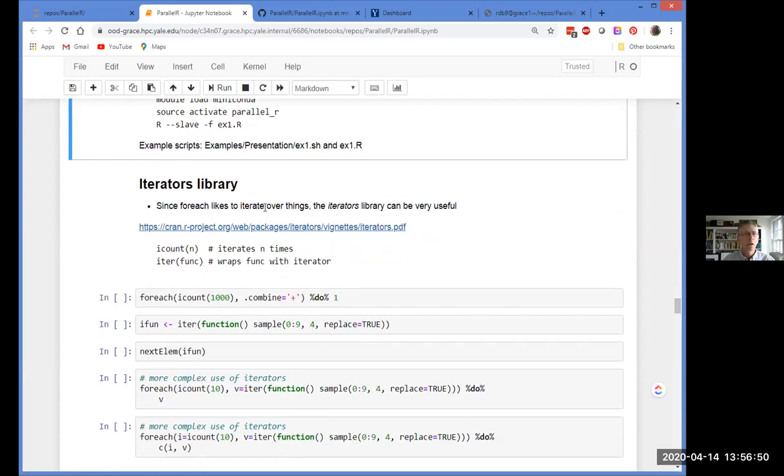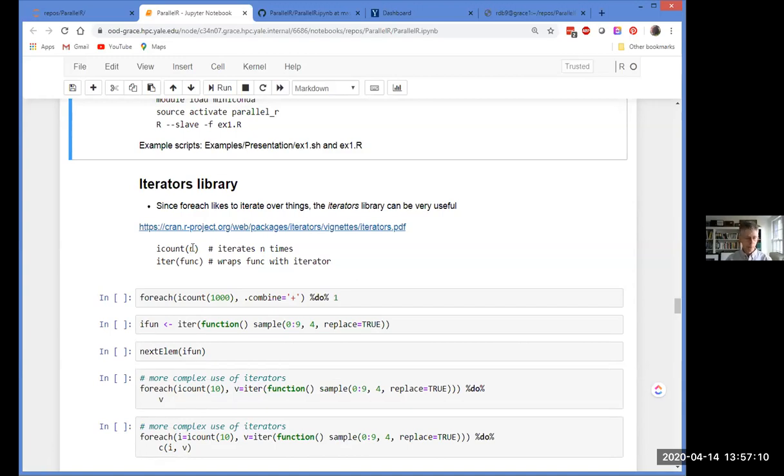I want to take a moment to mention something called the iterators library, which works really nicely with foreach. It's a separate project, but a very powerful project. Basically inspired from Python.